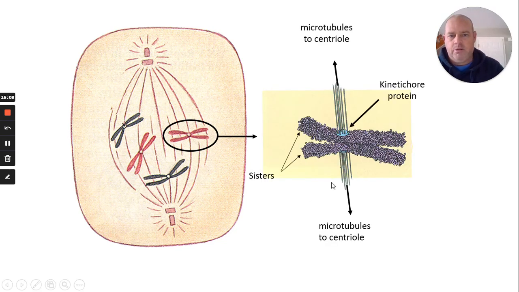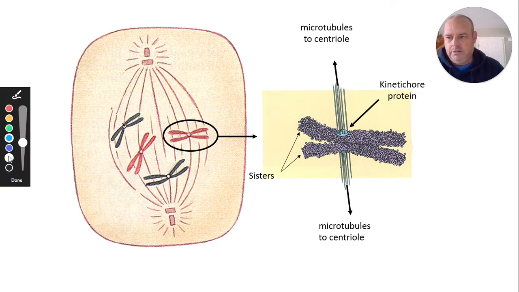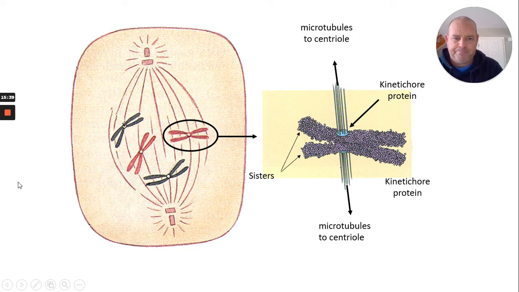So here are the kinetochores. Okay. So kinetochore proteins are like these, what looks like a blue disc right in here, okay? So those are the kinetochore proteins at the centromere. The microtubules, which is part of the spindle fiber. Remember when we did microtubules back in cytoskeleton days, and we said they help in mitosis and meiosis? So this is where that knowledge comes back to help. So you have microtubules that form the spindle fibers, and they're attaching to the kinetochore proteins, and they're going to be what moves the chromosomes around and ultimately separates them, okay?